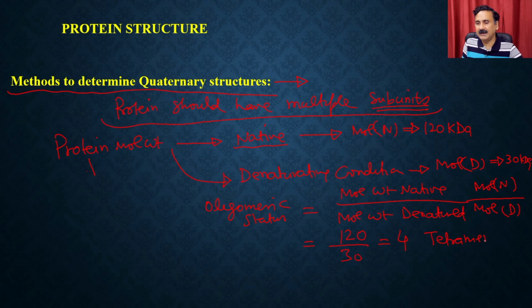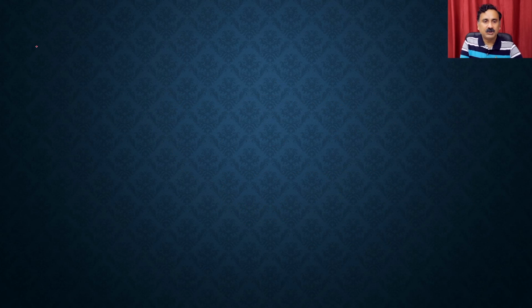So once I have calculated that it is actually a tetramer, I can assure that a quaternary structure is present. Now the question comes, how can you calculate the molecular weight of a protein under native or denaturing conditions? So, calculation of molecular weight: for the native molecular weight,